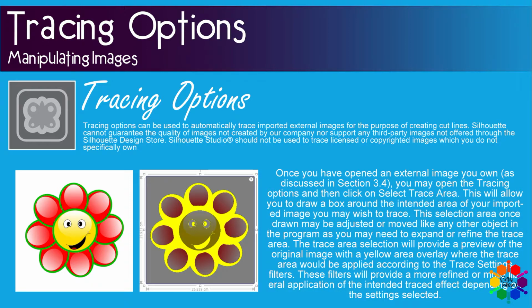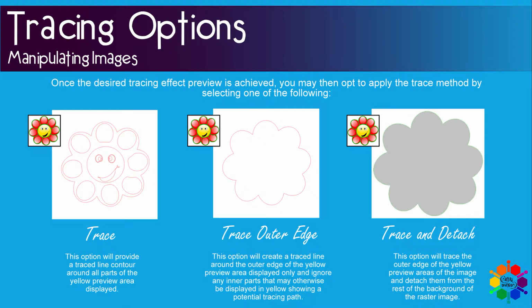The trace area selection will provide a preview of the original image with a yellow area overlay, where the trace area would be applied according to the trace setting filters. These filters will provide a more refined or more liberal application of intended trace effect depending on the settings selected. Once the desired effect preview is achieved, you may then opt to apply the trace method by selecting one of